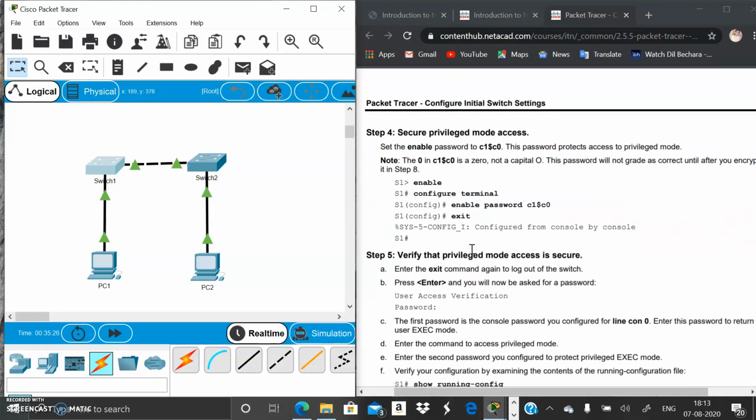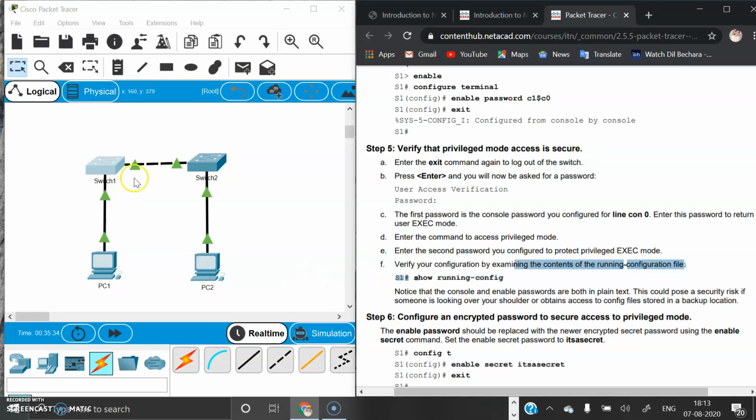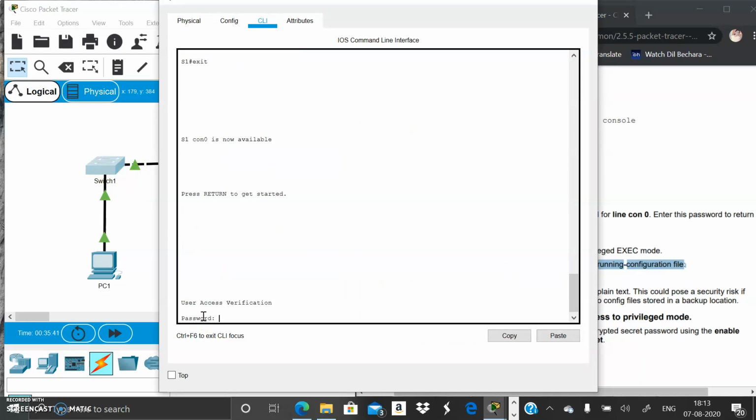Then after, to verify that privileged mode access is secured or not, we have to verify now. For that, we are using show running config, and we'll exit again. The user password is let main, and enter enable to enter into the privileged exec mode.